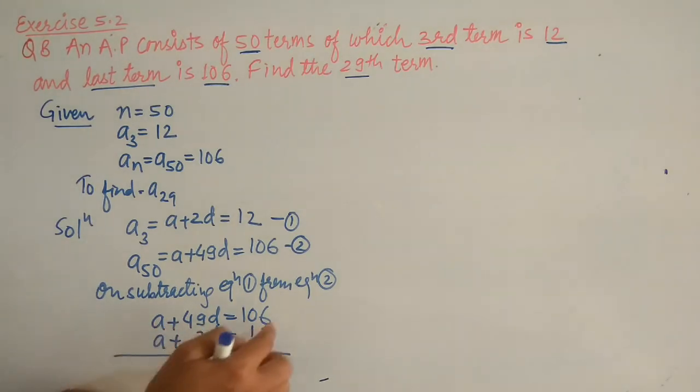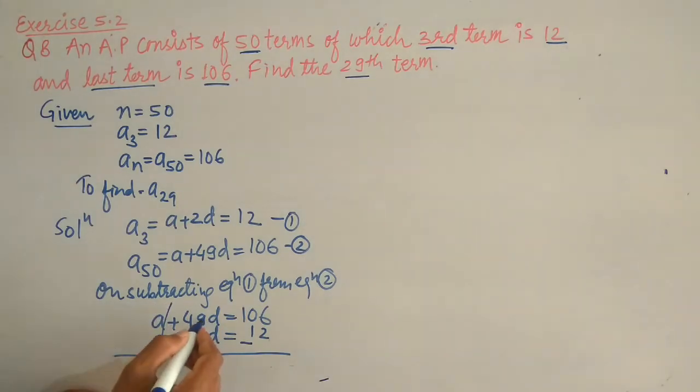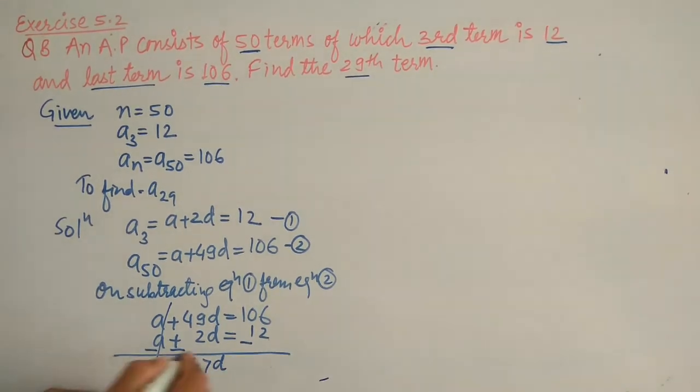Okay, this is the second one and this is the first one. We are subtracting, so the signs will change, and A and A cancel here. 49 minus 2 that is 47D, it is 47D is equal to